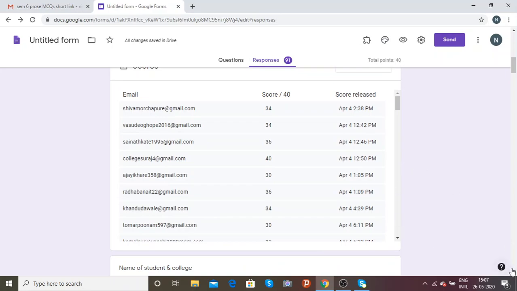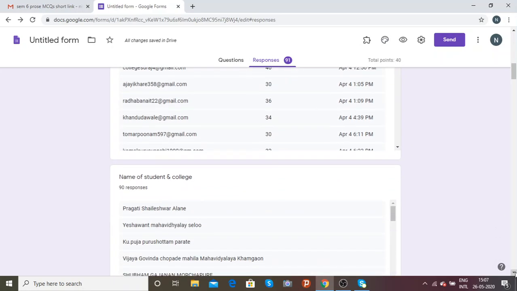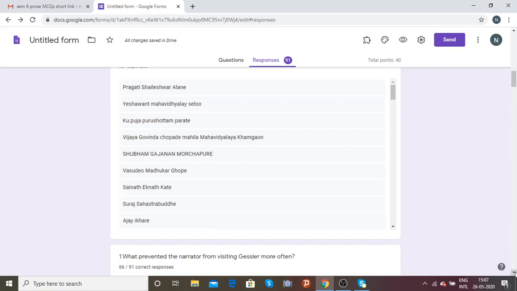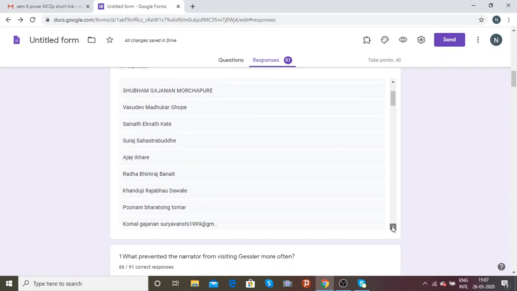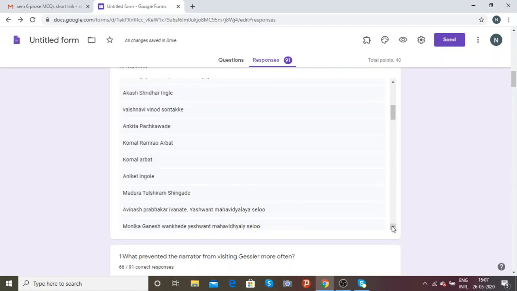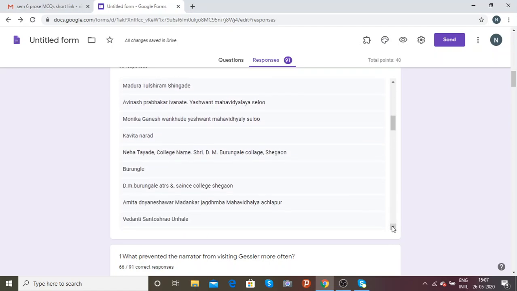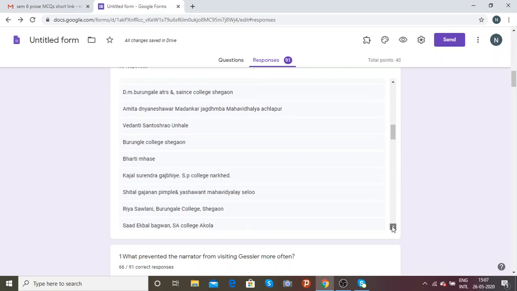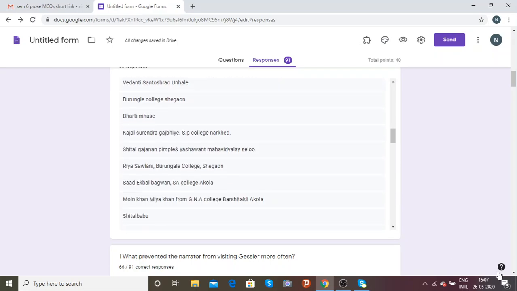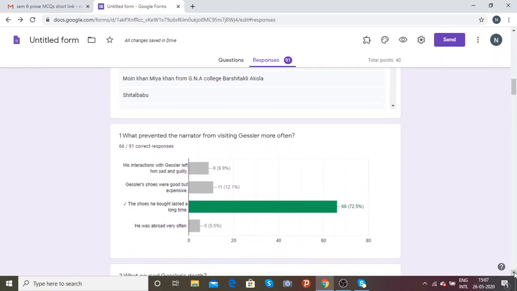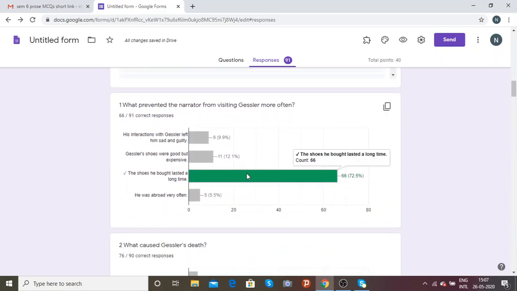These are the email IDs of the students, name of the student and his or her college. Here I can see students from various colleges have appeared for this online quiz created by me. Also, question wise I can see what percentage of students have answered correctly.